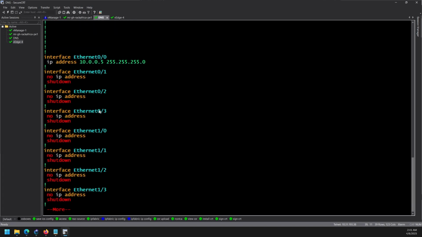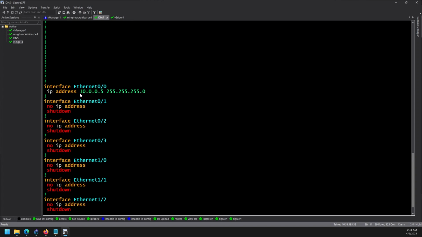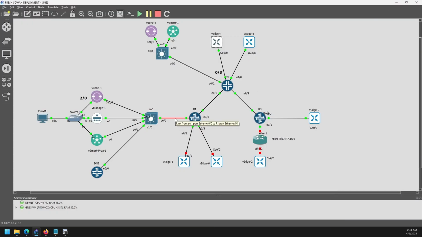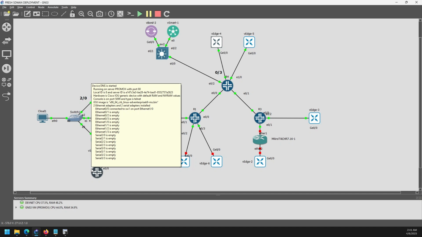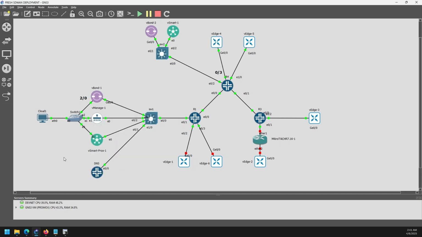So just to confirm the IP address on my DNS server, this is my DNS server over here with this IP address, and once again, we can reach it through the MPLS, and the tier 2 ISP is doing all the routing for us, so we can reach our DNS server in our data center. All we have to do is configure default routes pointing to our MPLS, or our upstream provider, which is the tier 2, and it's going to do the routing for us. So without wasting much time, I'm going to put a capture here and then spin up